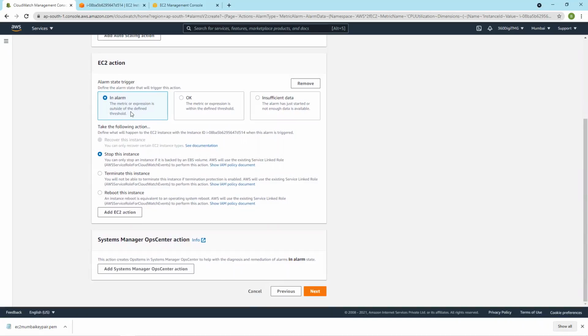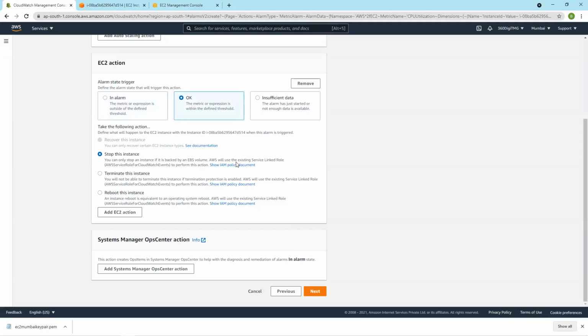When the metric or expression is outside of the defined threshold, it will become true, in alarm. That means when it becomes less than 20%, it will become in alarm. Then when the metric or expression is within the defined threshold, okay. So let's keep it as in alarm or okay.